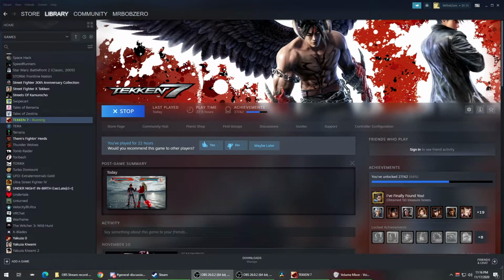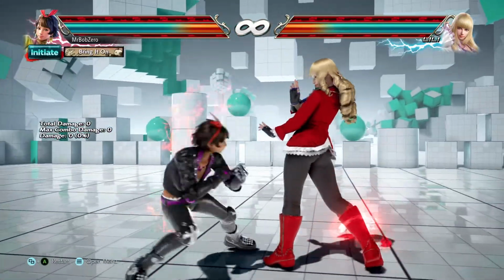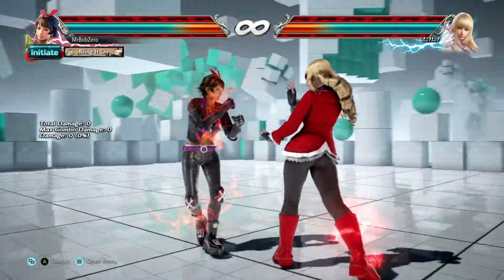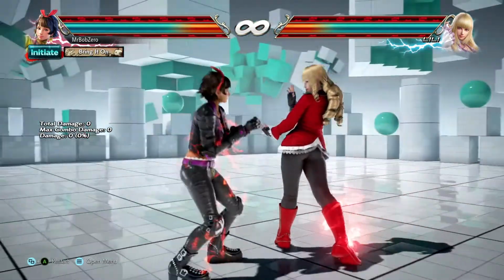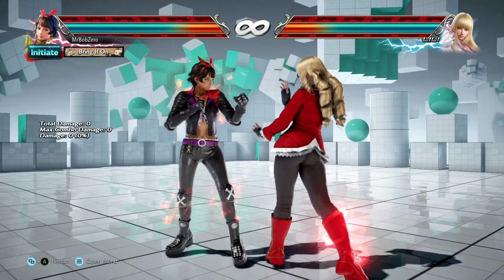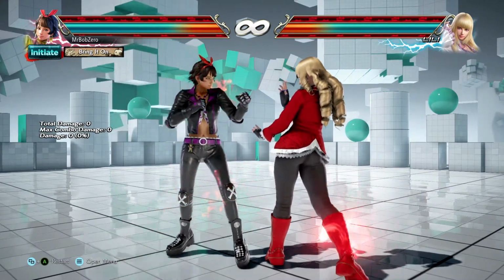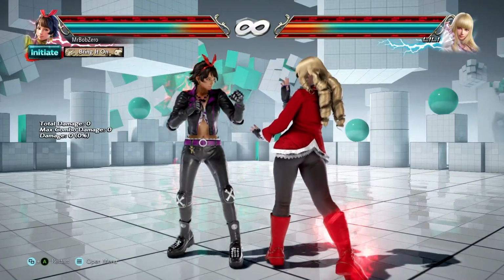So now I'm going to show you how to add your game footage from Steam into OBS Studio. So right now I have Tekken 7 playing in the background. If I go to Tekken 7 right now, I'm good to go. I can start playing, I can start recording, whatever. But sometimes not a lot of people do this, to have their main monitor for their game in order to record. So we're going to get our specific window, which is Tekken 7, and then add it to